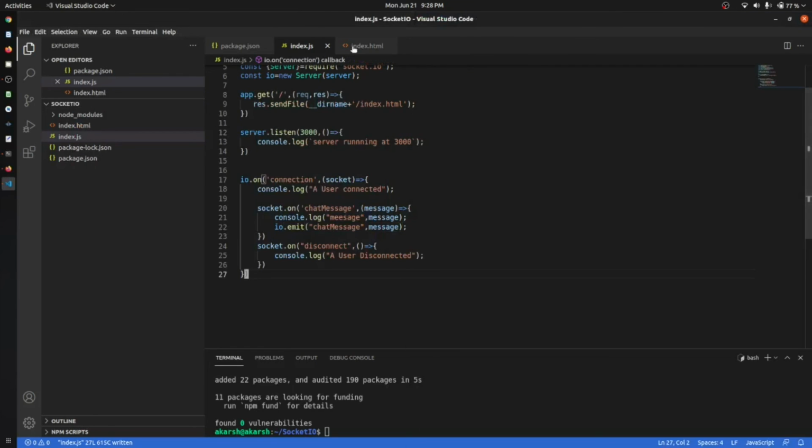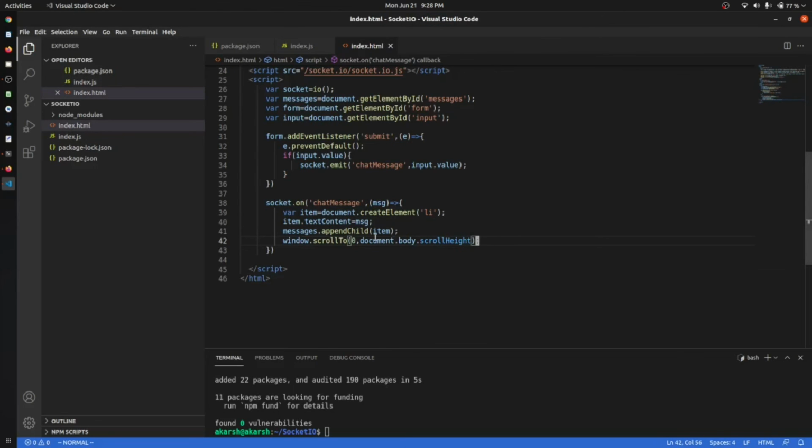If you want to use React or any other technology for this part, because I was just using simple HTML, you can use React, Vue, Angular, anything else. For that you can find the dependency in the npm repository. You can just use them and include the socket part in your application.